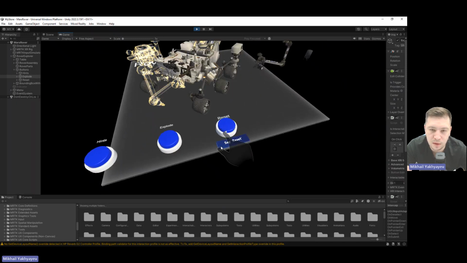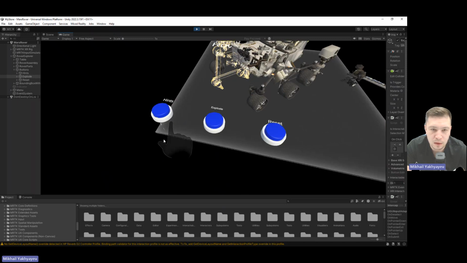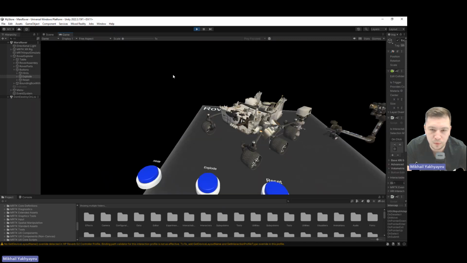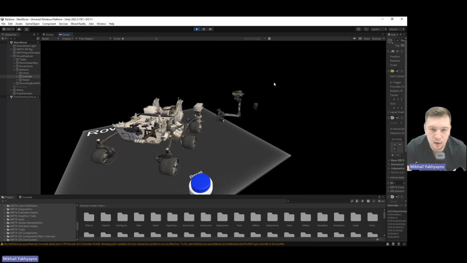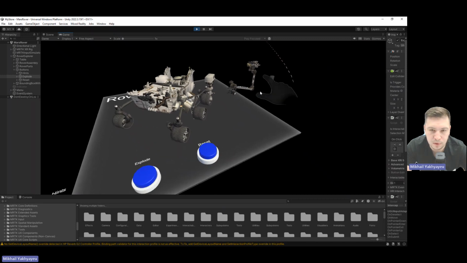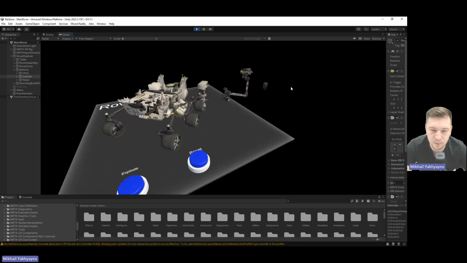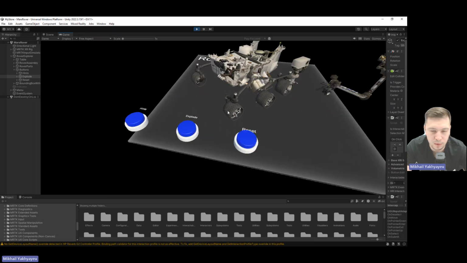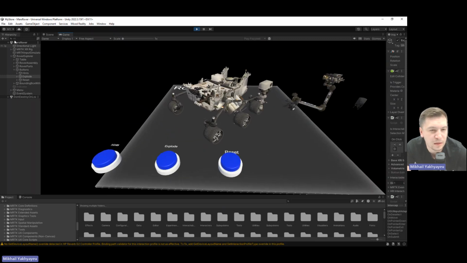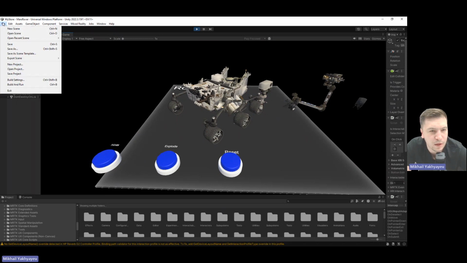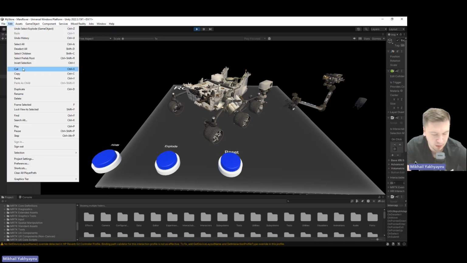I can reset the scene by pressing this button, and I can remove the hints from the scene, and they will disappear. I guess I can assemble the rover once again without the hints. So basically, that's it. This is the application, how the development and the application itself looks in the